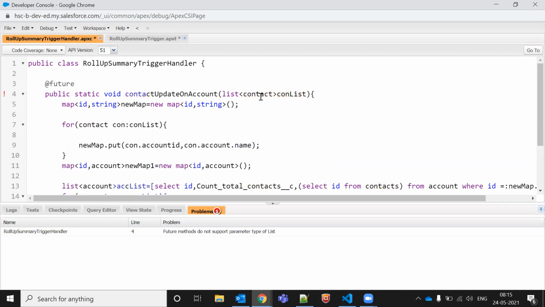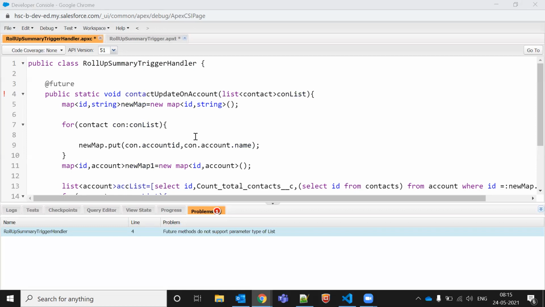We have two types of parameters, primitive and non-primitive. Primitive data types we can pass, but non-primitive we cannot pass, because the parameter is non-primitive. It is not saying you are passing a list; it is saying you are passing the contact object. We cannot pass sObjects here.